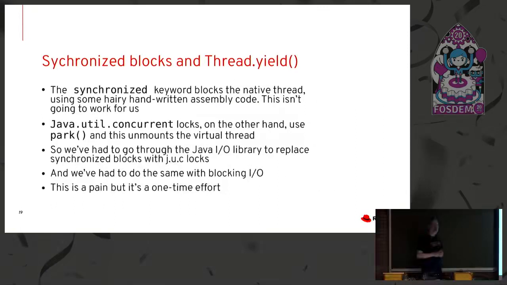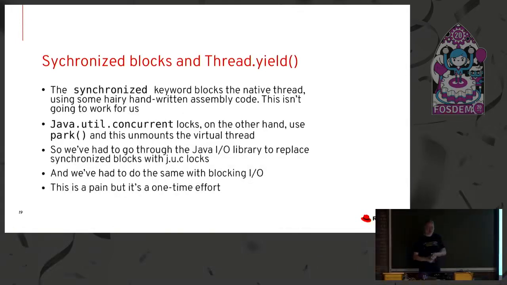Okay, synchronized blocks. Those of you unfortunate enough to have actually written Java VM at the very, very low level will know that the way that synchronized blocks work is some very, very hairy handwritten assembly code, which makes assumptions that this really is running on the native stack, and you can block and you can call into the operating system and so on. We can't do anything about this with virtual threads. If you actually say synchronized and the synchronized has to block, then you are going to block the carrier thread, which you really, really don't want to do,